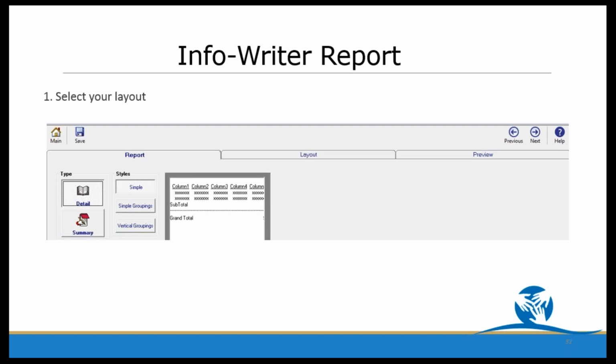So when you're writing a report and you fill out all of your refinements, when you hit the next button, you're going to get two options: Info Writer or Workbook. 99.9% of people use the Workbook,